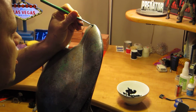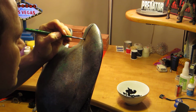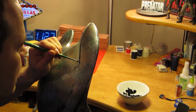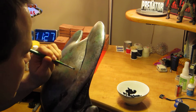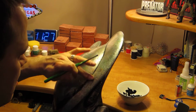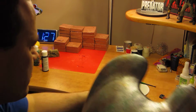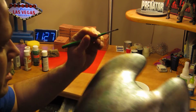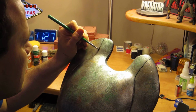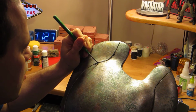This is probably the hardest part in here, is just to get inside these little areas where there's a tiny little indent, because you don't want it to look like you're actually getting in there. You just want to create a small little line, and then we're going to put layers and layers of silver on top of it to hide the excess that has worn over. And yeah, don't be afraid to get your fingers in there, get them dirty, because the whole idea is that these little recessed areas have to look like they've been through battle